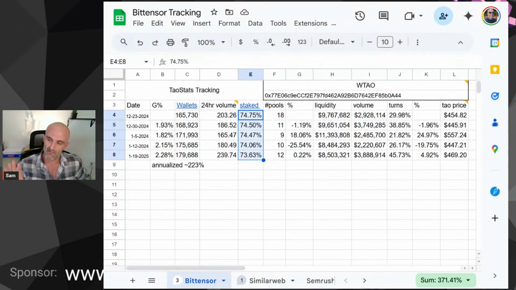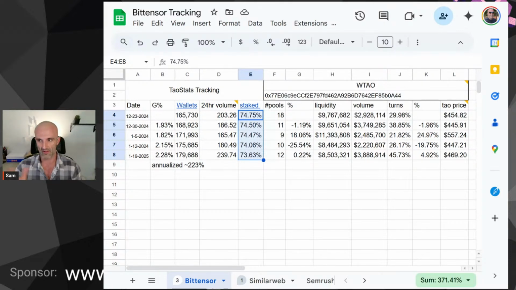Where the amount of staked Tau decreases over time, and then circulating supply is going to increase, which means price volatility is going to decrease over time. Now, remember, this is a relatively small market cap, not compared to most companies, because we're at like $3.5 to $4 billion. However,